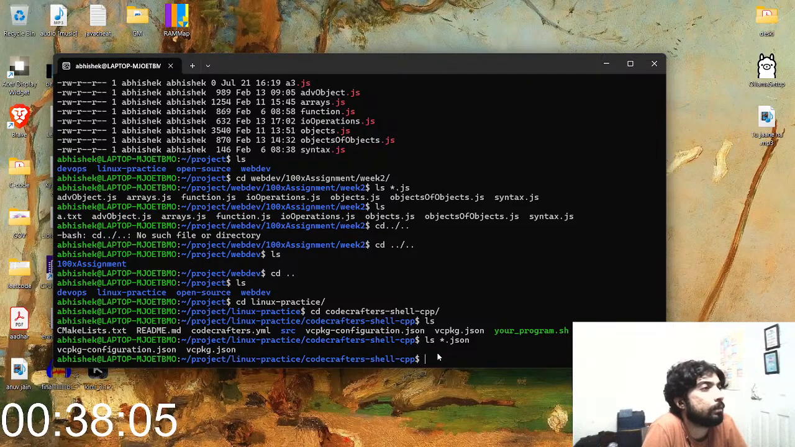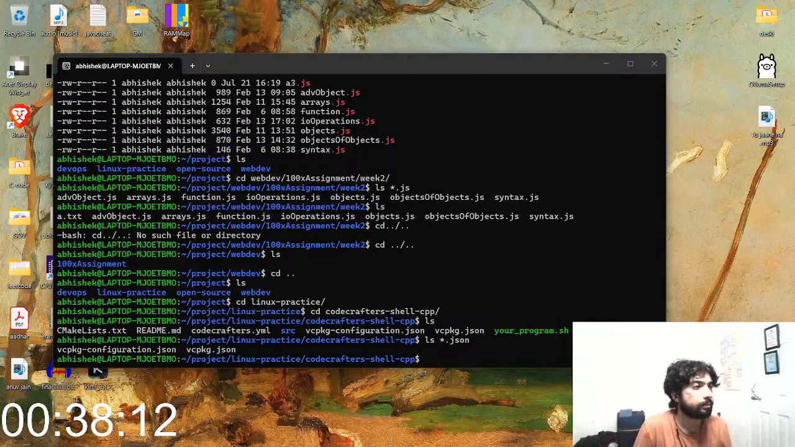Another thing that you can also do is look at the directories which are present at the parent folder of this document. So if you look at